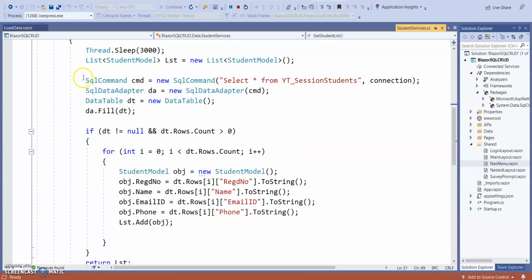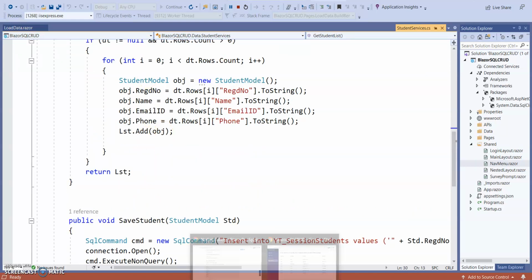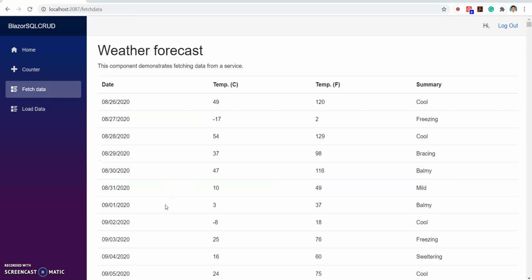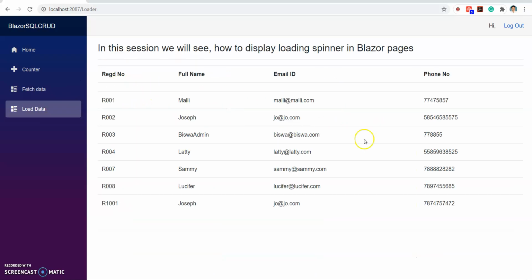Here I am using simple ADO.NET and binding the records. If I go to fetch data, and again come to load data, you can see no data is loaded, but it is showing a blank page.